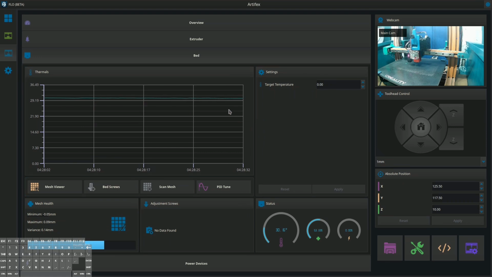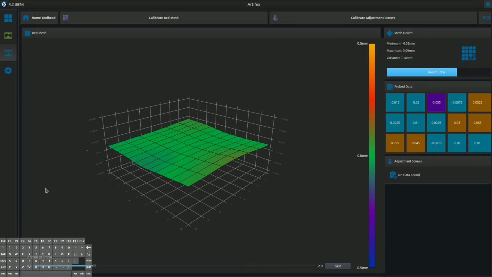On the bed page is something very similar. We have an overview of the thermals, as well as a way to change the target temperature. We also have a breakdown of the mesh health, adjustment screws if it has been scanned, as well as quick access to the PID tuner and bed mesh viewer,